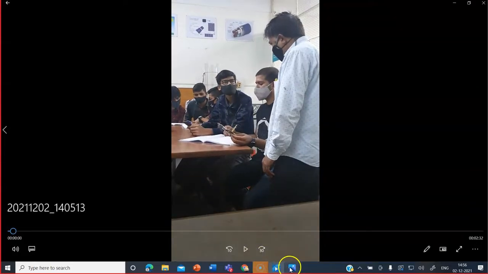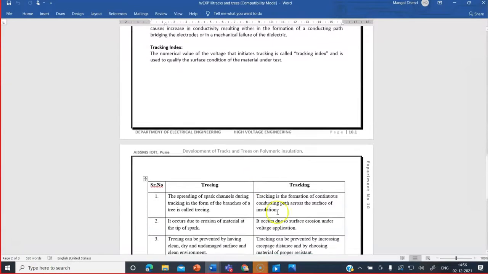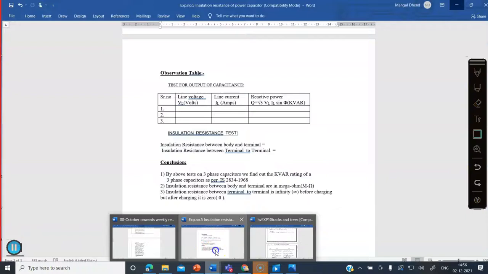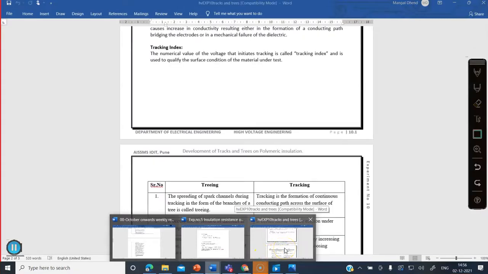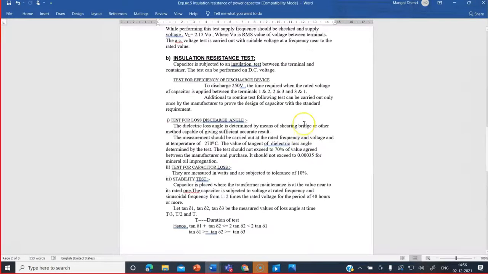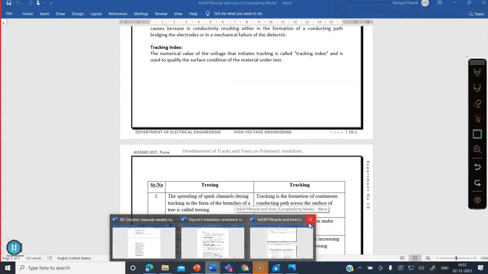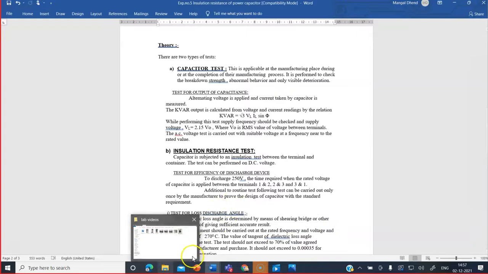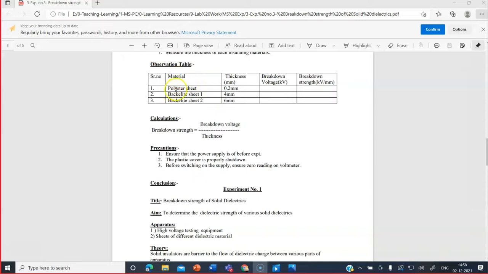So Pratik, can you tell me the readings? Students, note down the readings of solid material testing. Pratik, give the readings. Ma'am, can I paste it in the chat box? No, you just tell me. Tell it, because I'm recording this video for the absent students also. So just read it, and students note down the readings. Can you tell the materials first, second, third, fourth, Pratik?